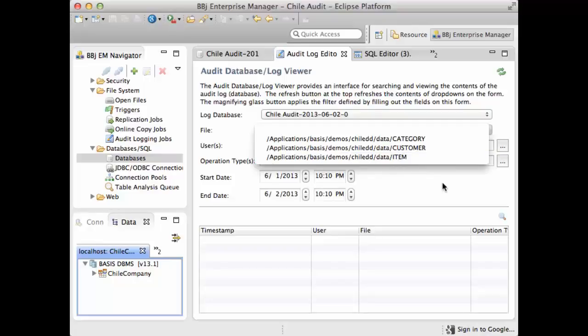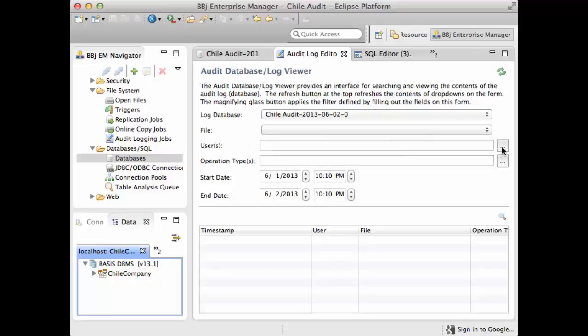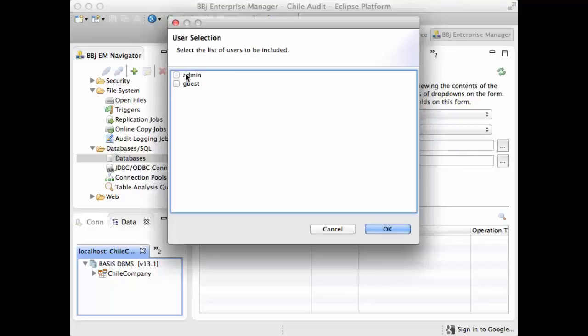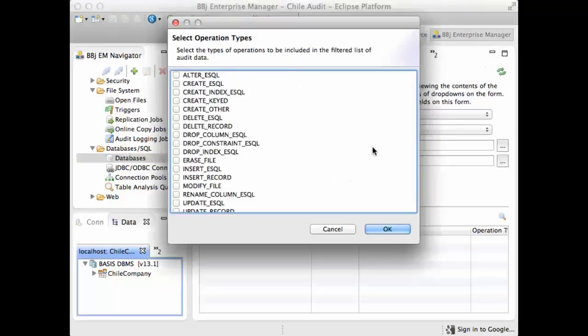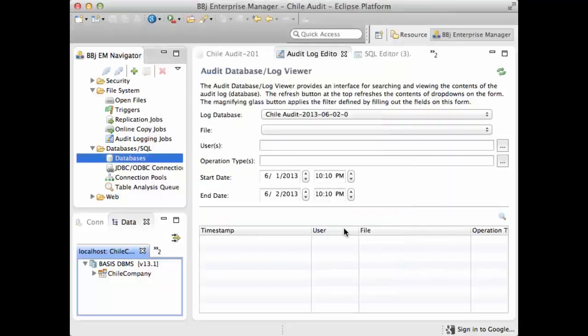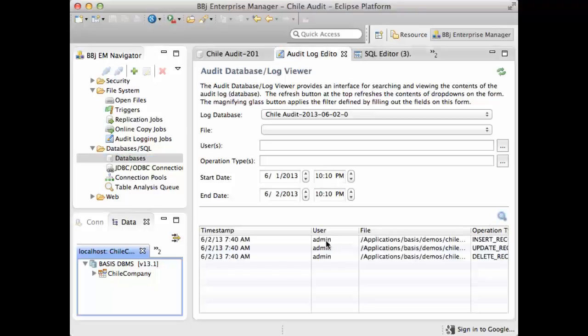For our particular case here, we'll just look at all 3, so we'll leave that blank. You can also specify a list of users that you're interested in seeing operations for, but we will go ahead and just include all the users. And then you can also specify the operation types. If you're only interested in delete ESQL operations or a delete record operation, you can put a check there, and then it will return only those audit operations that match that criteria. Again, we'll just leave that blank. And then we can specify a start and an end date and time. So let's go ahead and just leave all the defaults there and click the magnifying glass, and now that brings